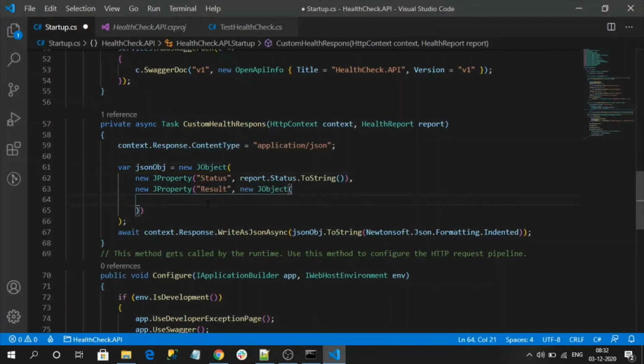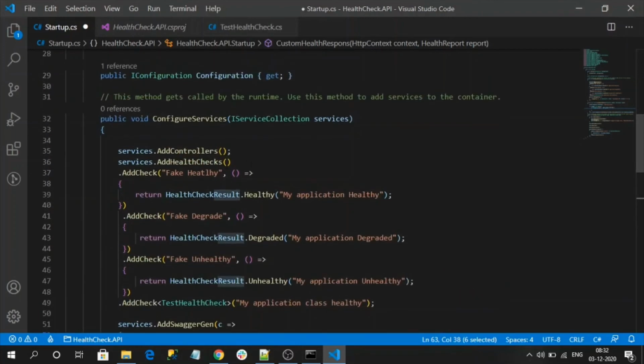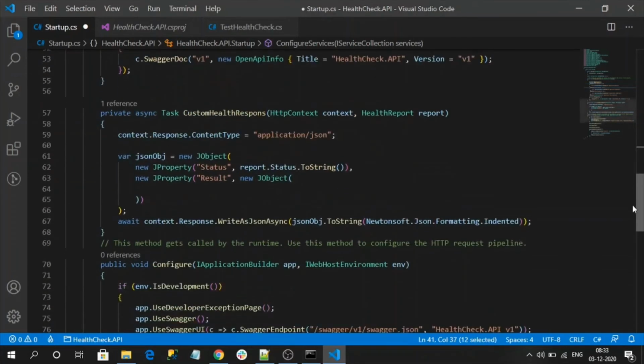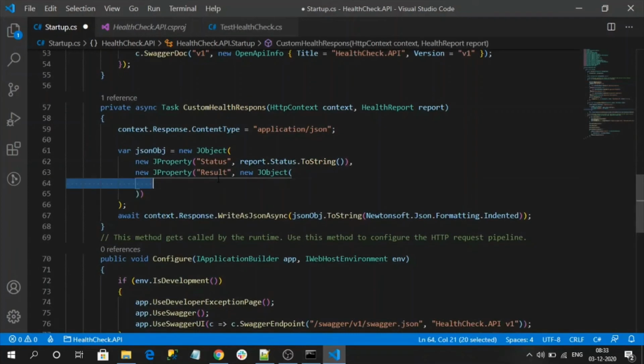Now this object will create another JSON object that will be assigned to the results property. This object contains each and every health check in the application as one property, and inside of it, it contains its own status and its own data. So the result object's properties are nothing but the names of our health checks. These names will be created as properties of the results object.